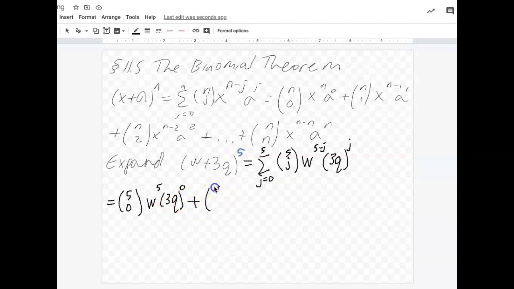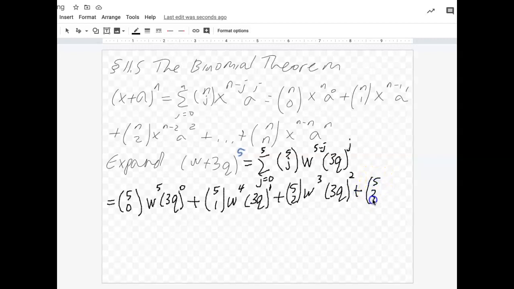Going to the next term, 5 choose 1, w to the 5 minus 1 times 3q to the 1, because j is 1, but also notice 4 plus 1 is 5, plus 5 choose 2, w to the 3 times 3q to the second,